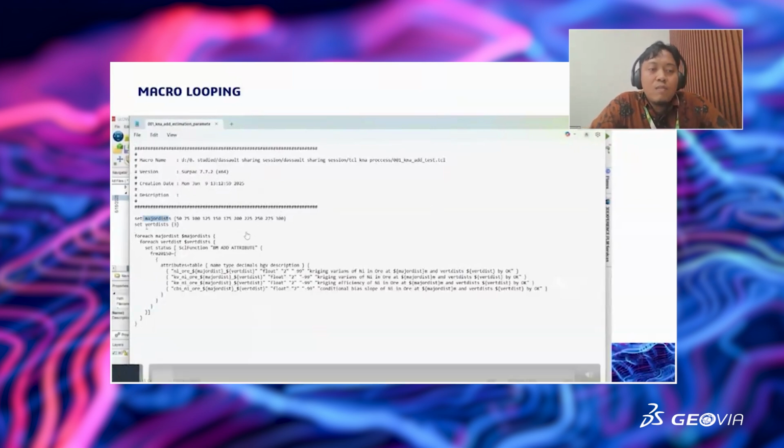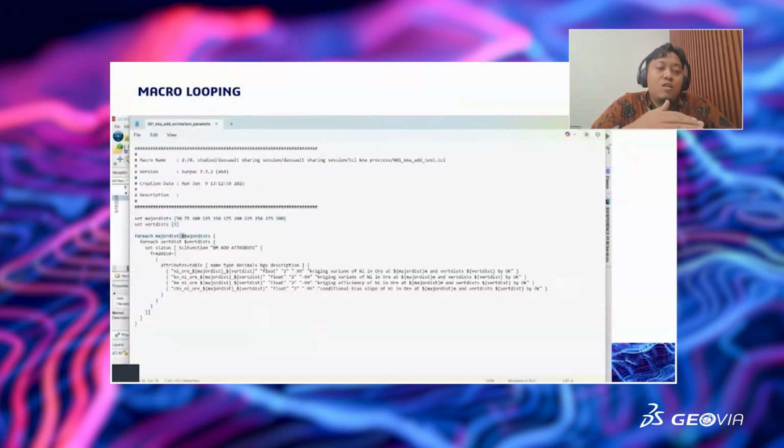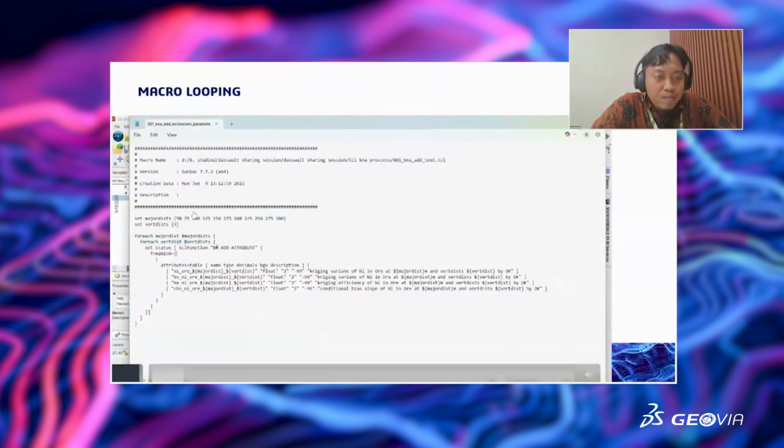We create the setting for major distance and vertical distance here, for 11 parameters from 50 to 300. After that, just 1 parameter, and we do the for each. We do the for each for the major distance using dollar here, and for the add attribute using dollar again here, and it will create the BM attribute using the major distance 50 by 3 here.